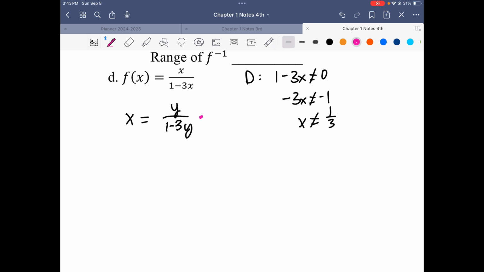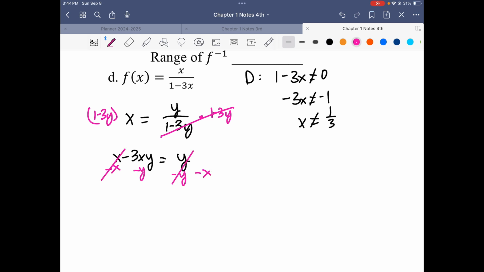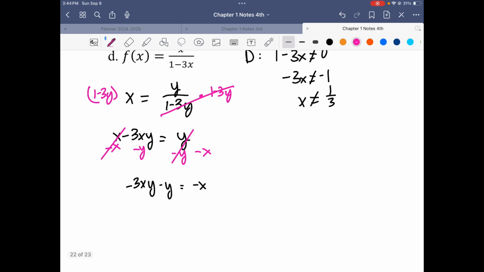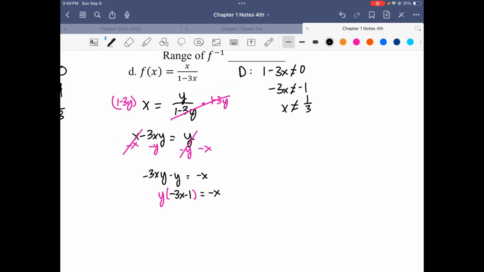We multiply by the denominator, go ahead and multiply that in. Then we get everything with a y on one side, everything without a y on the other. And we get that negative 3xy minus y equals negative x. Factor out our y and get that y multiplied by negative 3x minus 1 equals negative x. And then just divide by our negative 3x minus 1, which results in y equaling negative x divided by negative